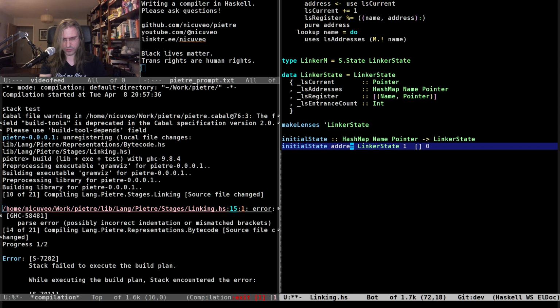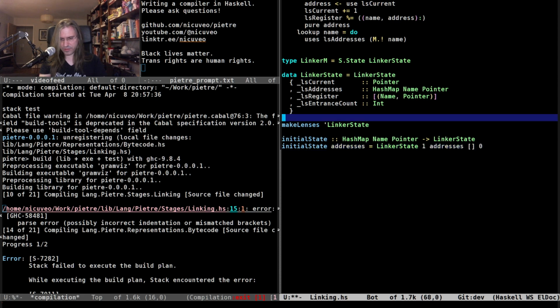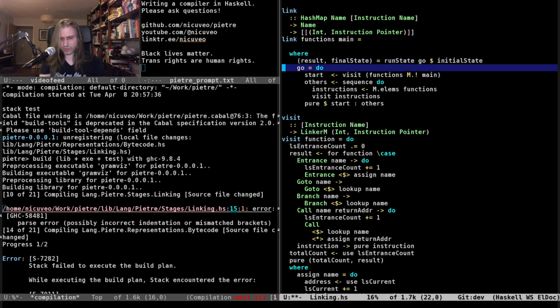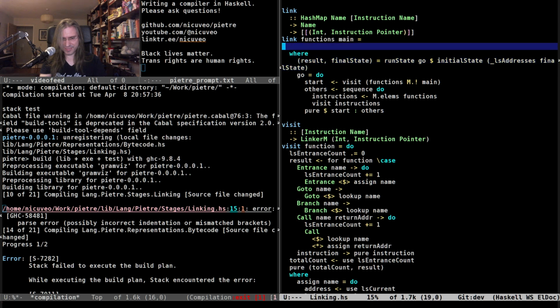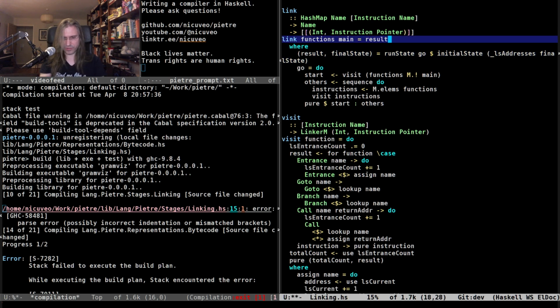So addresses. Here, what we're gonna do is the initial state contains the addresses of the final state. And here our result is result.